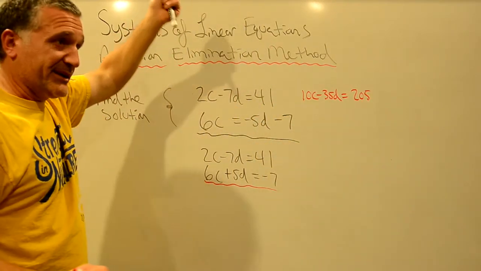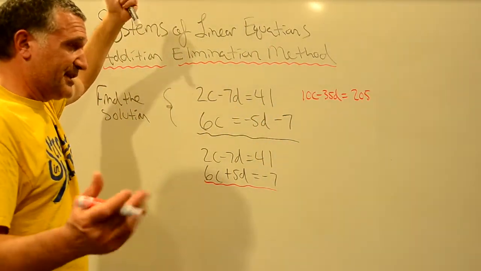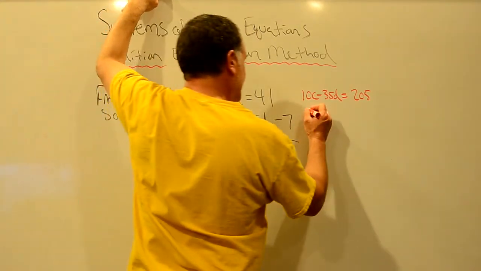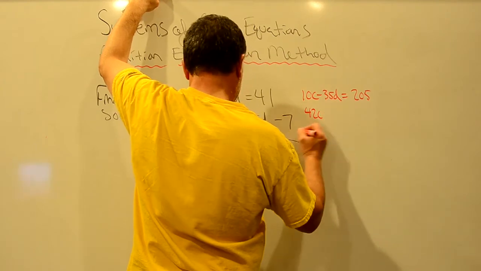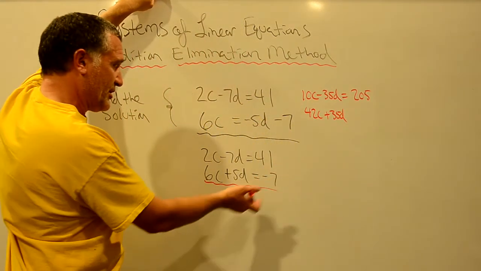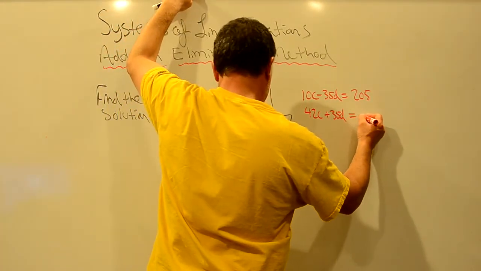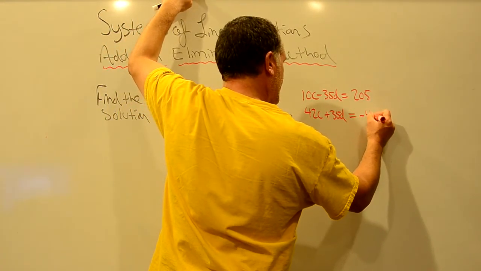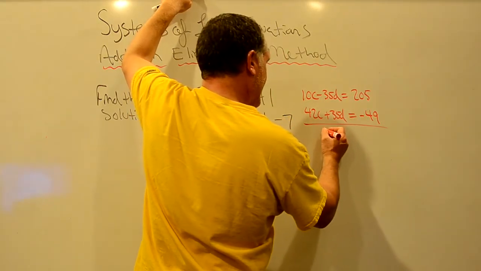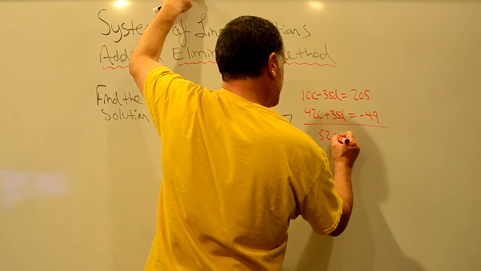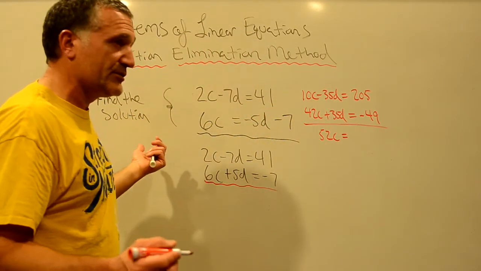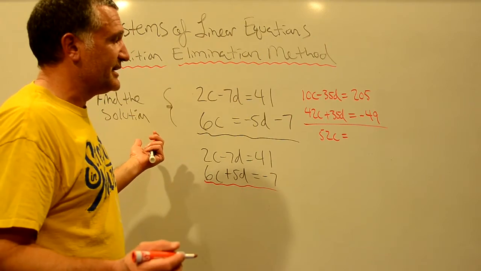Obviously, when you start multiplying these things, numbers start getting bigger, unfortunately. Lower equation, 7 times 6c is 42c. 7 times 5 is plus 35d. We're doing this so we can eliminate our variable of d. Equals 7 times negative 7, which is negative 49. So now as I add these together, I end up with 52c equals. What's 205 minus 49? Well, 200 minus 50 would be